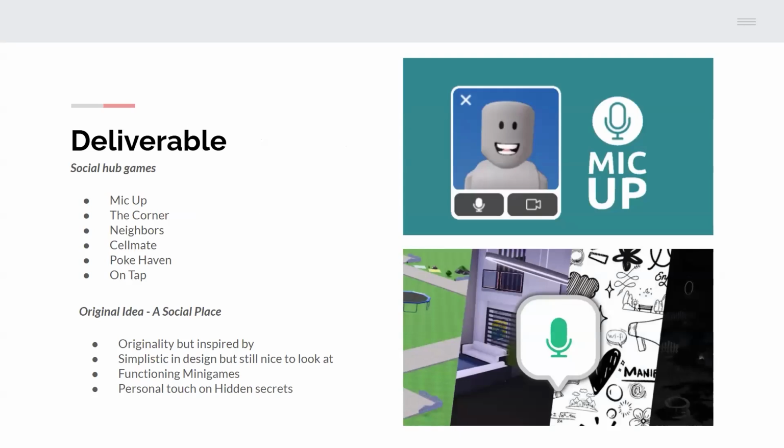Okay, the deliverable. I use the deliverable as examples. So of course, these are some of the examples that I seek. Mic Up, Corner, Neighbors, these are all social hub games on Roblox that have performed very well on the site with gathering, like I said, in the data, the average amount of people, 7,000 people per game. I put an original idea down that I made previously